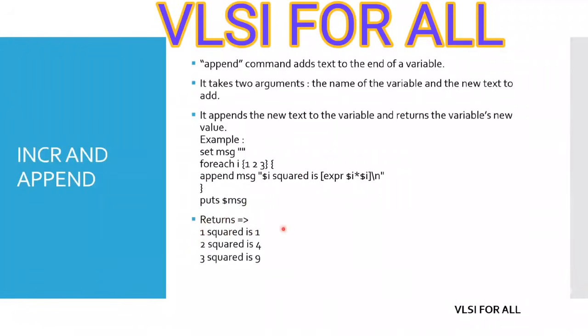Each iteration is printed on an individual line because a newline character, backslash n, has been used here. So when it enters the loop, it sets the value. When it encounters the newline character, the next value appended to message would be on the next line. It stores it this way and prints it this way if a newline character is used. Is that clear?